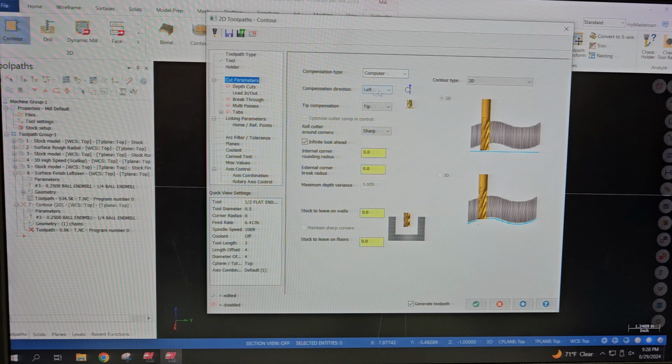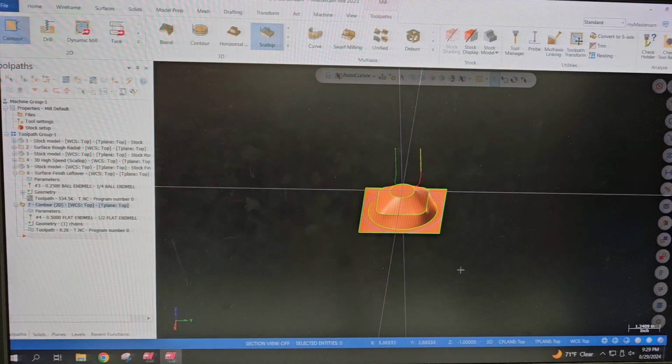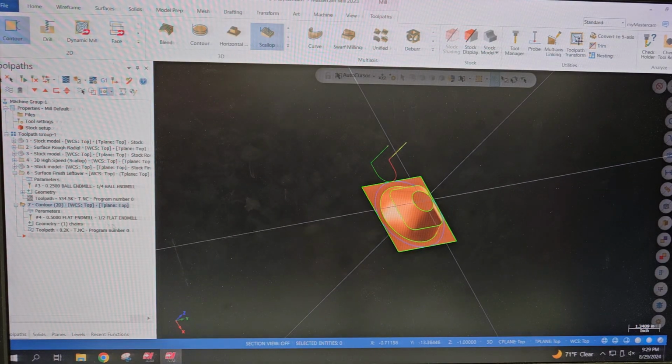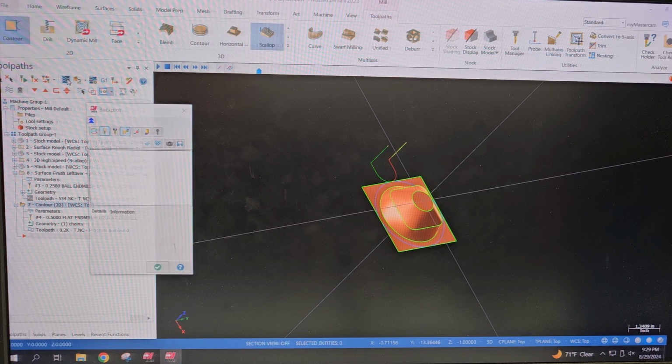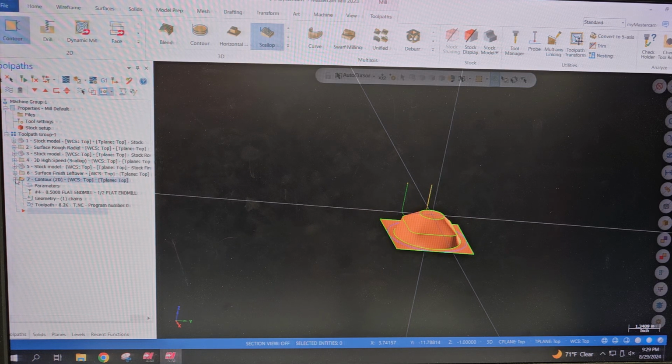Cut to the left, tip 0, 0, 0, make parameters and run parameters from 0. There's a tool path right there. So if I'm gonna run